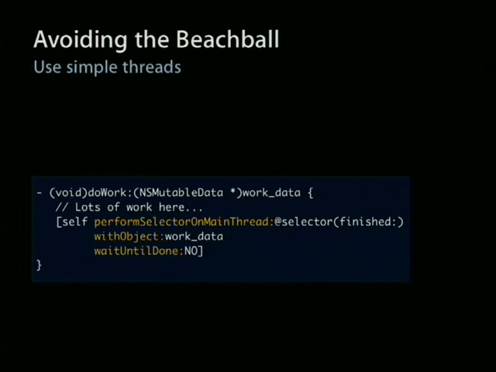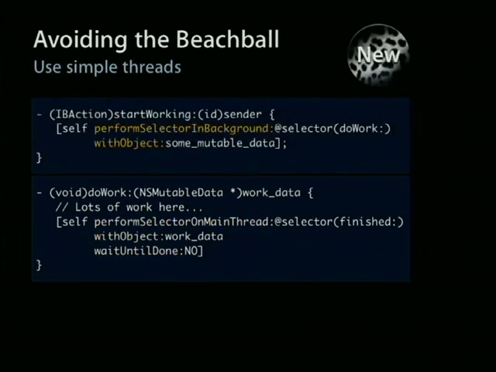We're going to say performSelectorOnMainThread:@selector(finished:) withObject:workData, so that's going to call finished with the parameter workData. And waitUntilDone:NO, so we'll just exit out of this immediately, and some additional cleanup will happen. And in our startWorking method, we're going to take advantage of some new API that's available in Leopard. Chris talked about this in his talk just before this. Oh, he didn't talk about this one, I'm sorry. I get to introduce this one: performSelectorInBackground:withObject:. This is a very simple way to fork off a background thread and get a bunch of work done. performSelectorInBackground:withObject: sets up a thread, goes ahead and does that work, and then because we've called waitUntilDone:NO there,